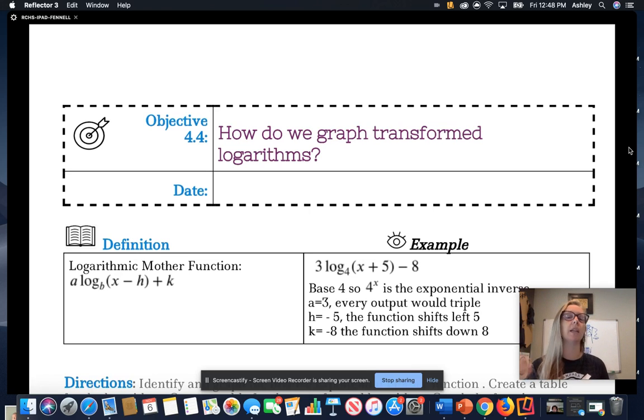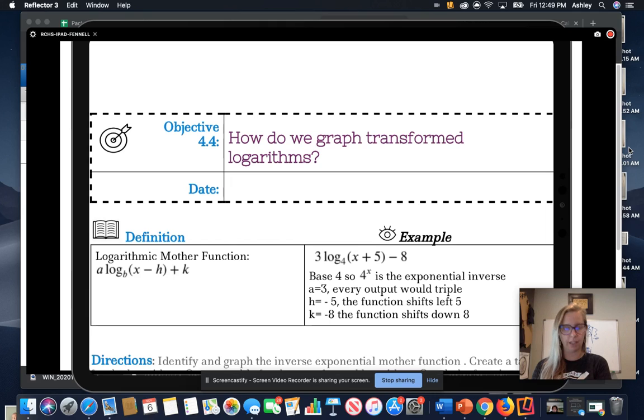Just like we have done in the past, all trimester long, we've talked about our most basic versions of our functions, our mother functions, and then what we can do with those a, h, and k values to transform these functions. And this is going to be the case for our logarithmic function as well. Basically, we have an a value out in front of our